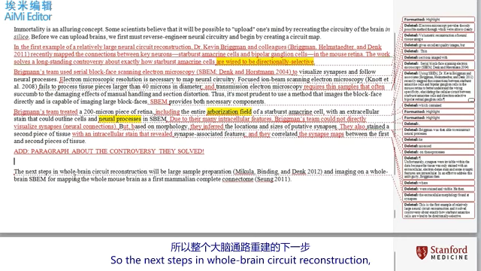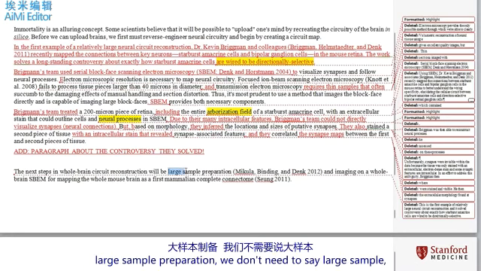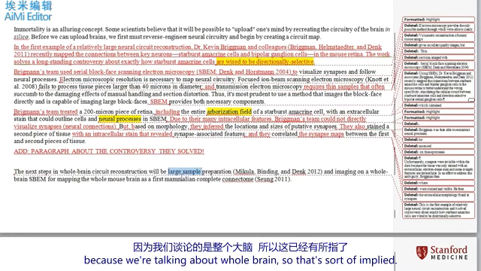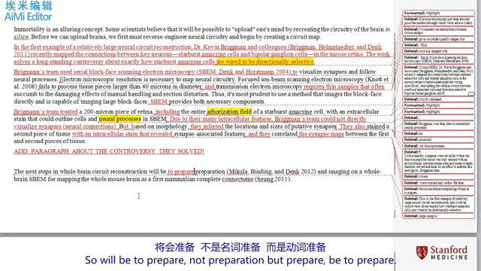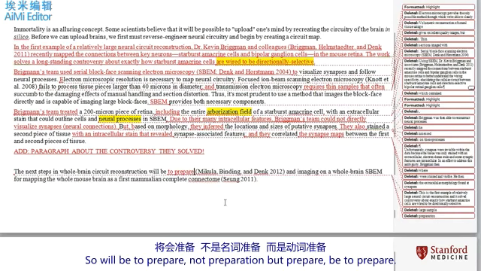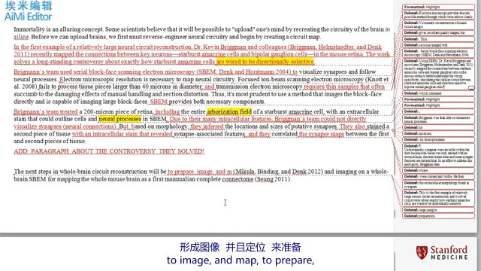So the next steps in whole brain circuit reconstruction, I'm going to leave the reconstruction, will be, and then instead of saying large sample preparation, we don't need to say large sample because we're talking about whole brain, so that's implied. So will be to prepare, to image rather than imaging, and map, to prepare, image, and map the